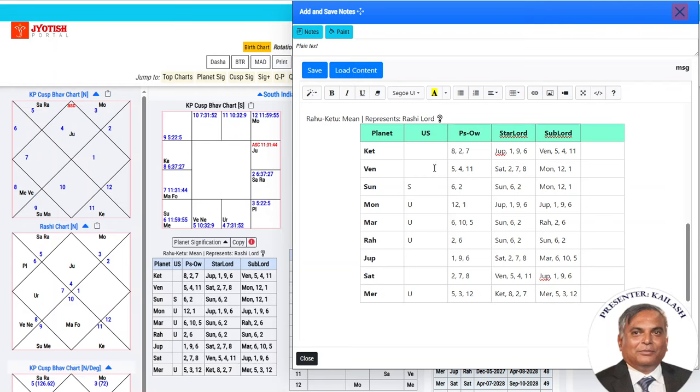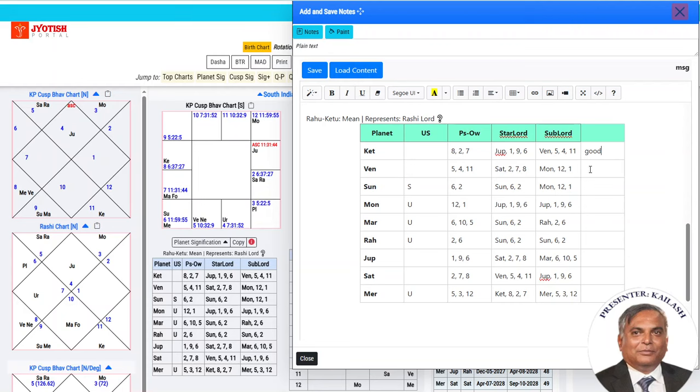Let's look at each of these planets from this angle. So here we find that the 2, 6 and 11 combination appears. So we'll say good. 2, 6, 11 is a good combination. Though there are some bad reflections as well, 2, 6, 11 is a good combination.